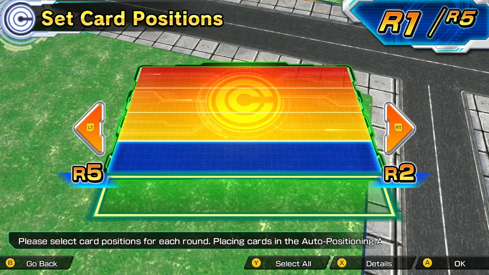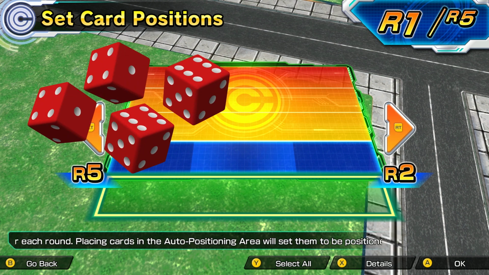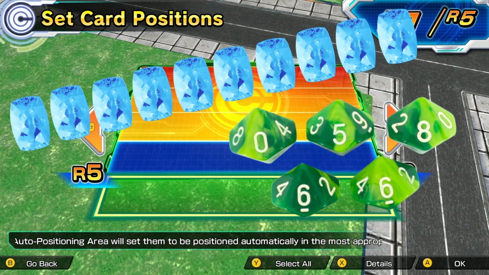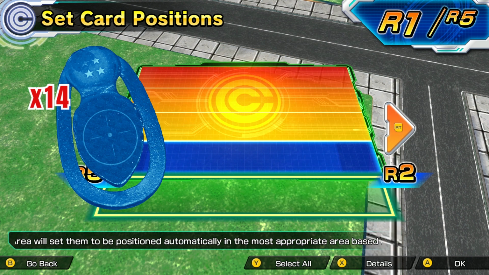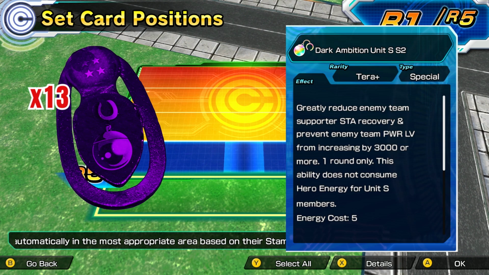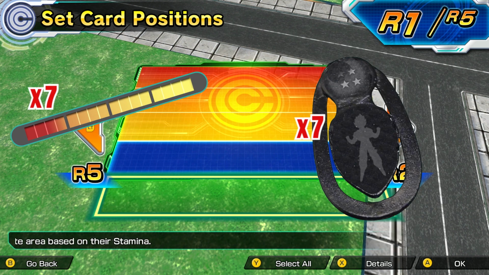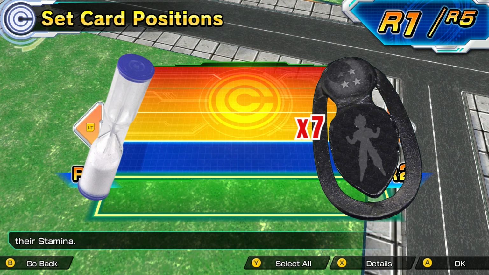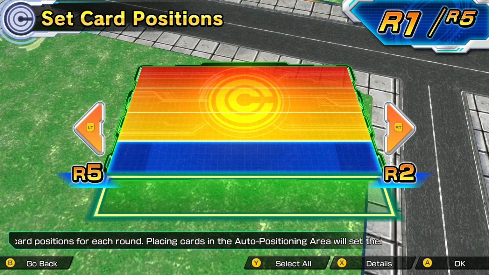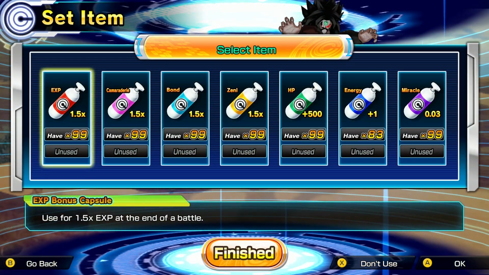cards, a battlefield playmat with the attack and support areas, 4 standard 6-sided dice, 5 10-sided dice numbered 0 through 9, 10 hero energy tokens, 14 lock-on clips, 14 ability clips, 13 special accessory clips, special accessory cards, 7 stamina gauges, 7 stamina gauge clips, a 30-second hourglass, a calculator, a dice roll rule card, a damage percentage card, and a rulebook. Like in the arcade and video game series, each battle would consist of 5 rounds with 3 phases